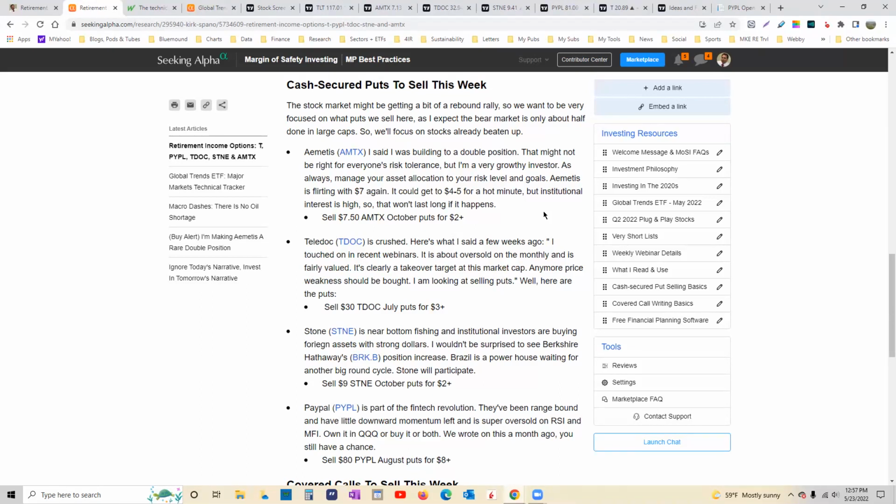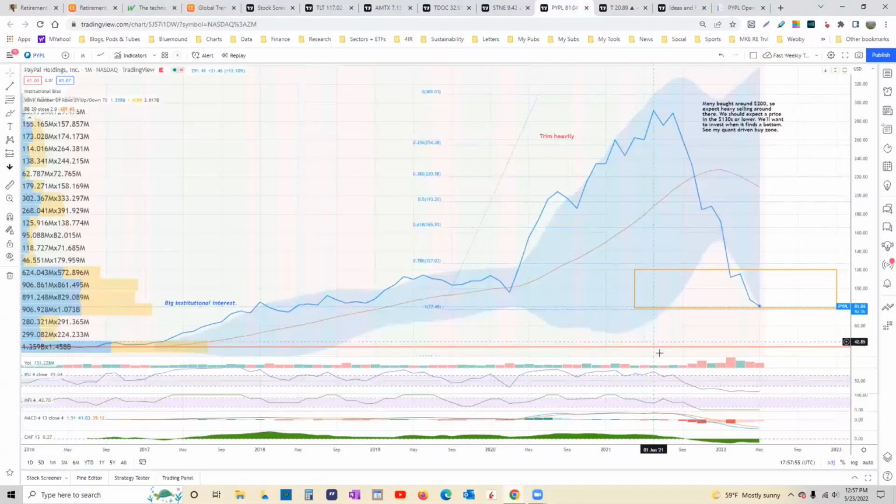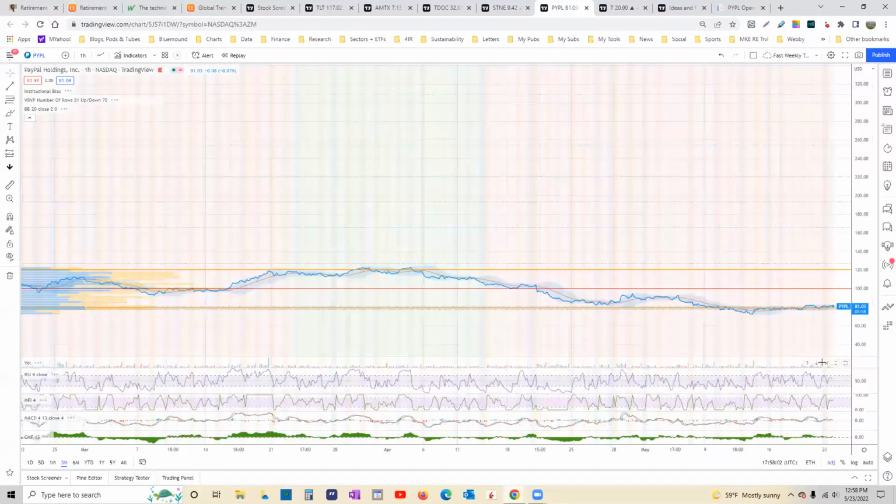In all these cases, I almost always have a starter position. In Teladoc, I don't. I'm just selling the put. Stone, I have a starter position. PayPal, I have exposure through funds. And PayPal is, I think, if you just take a look at the last 3 months, really starting to plateau